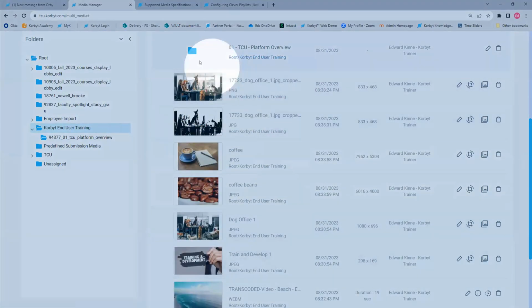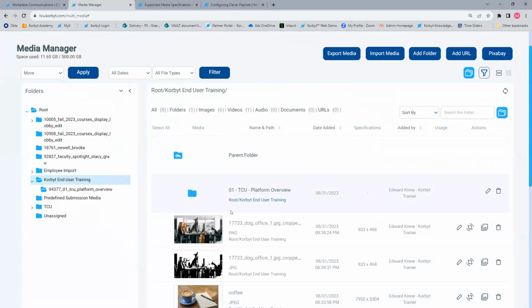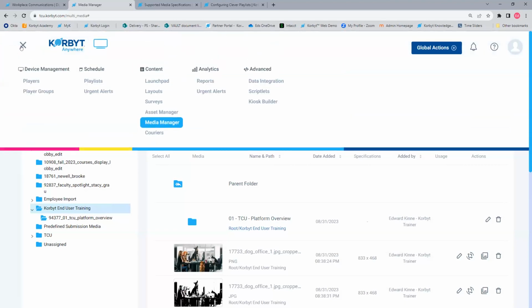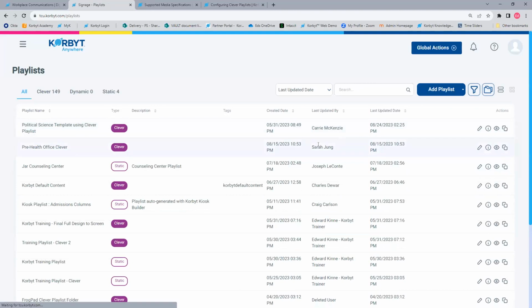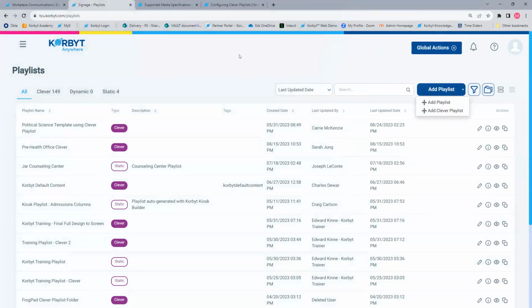So nothing here is being seen yet. If I want it to be seen, that's where we go back to playlists. Playlists are the mechanism that makes content seen. So it doesn't mean that you always have to create a new playlist every time. There could already be a predefined playlist that you just need to add your items to.